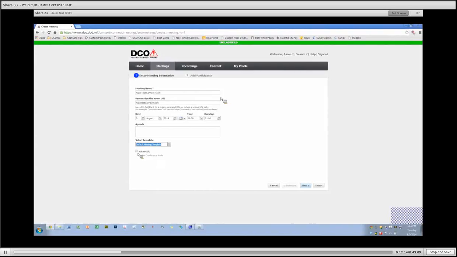I know the one I want is Keating at adobe.com. I'm going to other people, so Merck. You have to have a DCO account for it to find